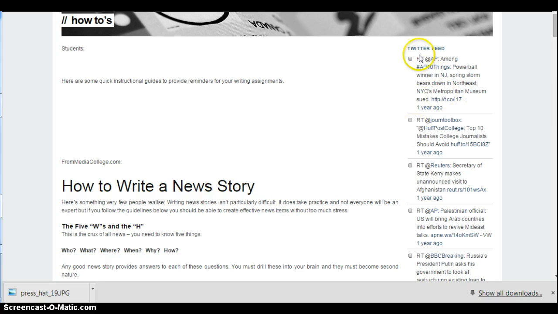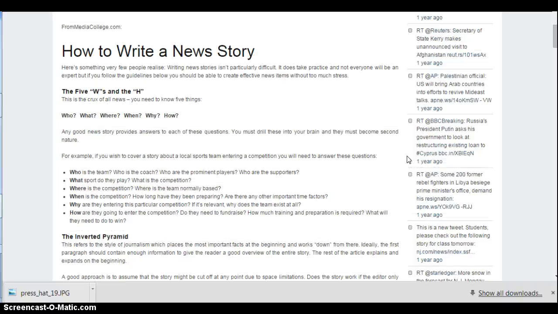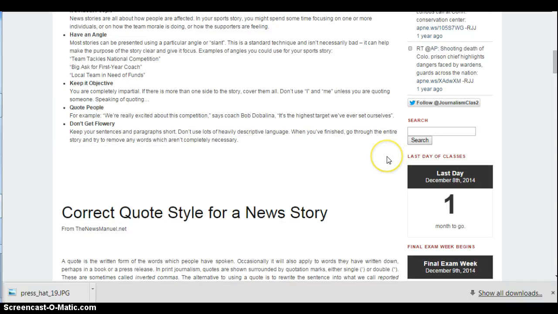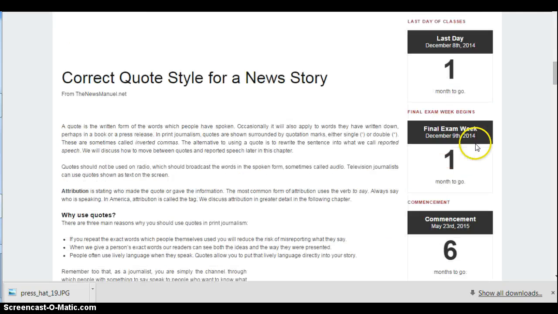You'll notice over here that I've added a Twitter feed. This is, again, a way to supply the students with news, current events, the kinds of information that they also need for class. And hopefully just having it here maybe piques their interest and pushes them to maybe look at things further. Of course, here's probably the most important information for a lot of students: the last day of classes